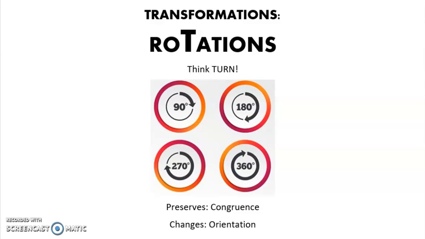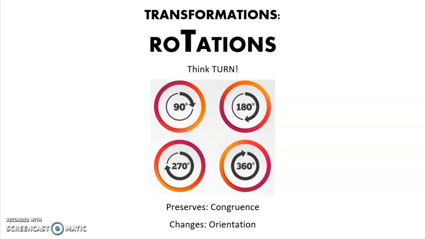Hey guys, we're talking about rotations today. Rotations are our turns. We're spinning the wheels, right? So we're turning. We have 90 degrees, 180, 270, and then full circle brings us back, 360, to our original spot. When we rotate, we preserve congruence, so it's going to stay the same size, same shape, but we're changing